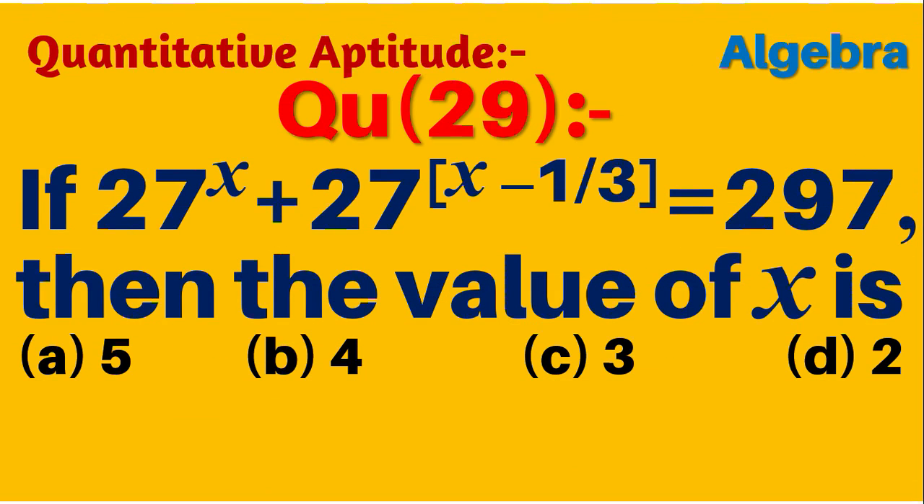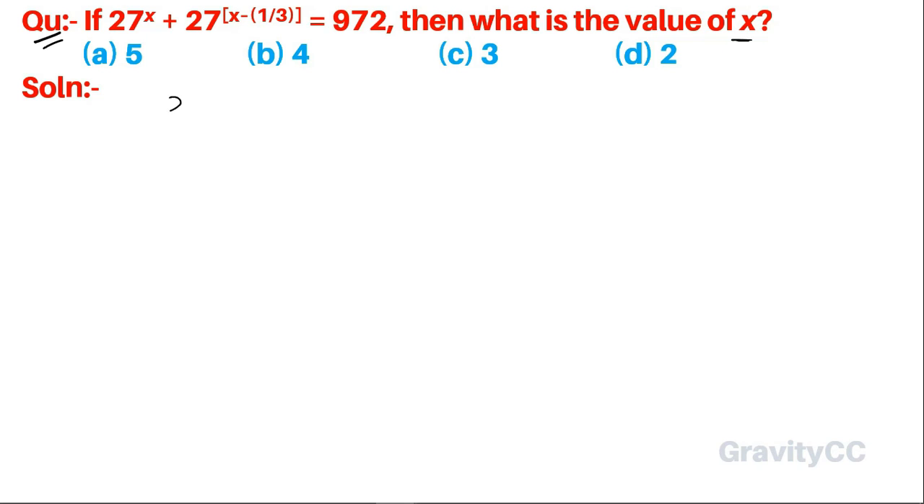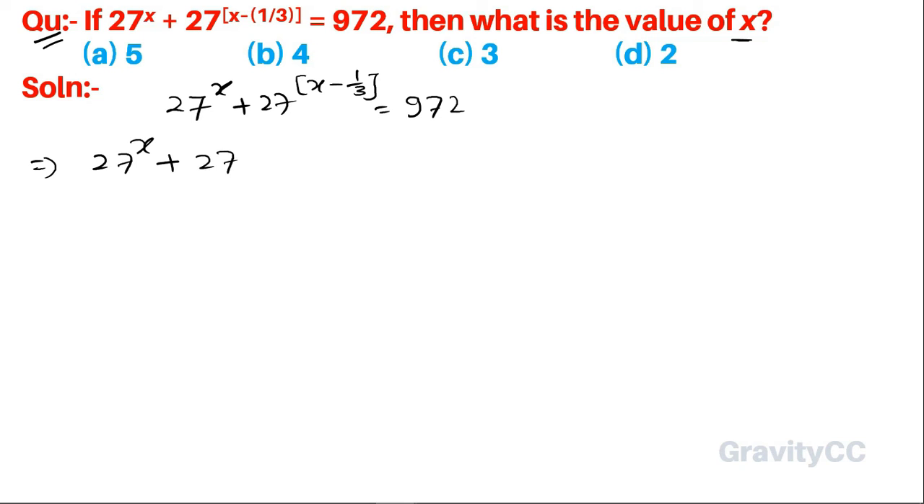Question: if 27 to the power x plus 27 to the power x minus 1/3 equal to 972, then what is the value of x? So in this question given that 27 to the power x plus 27 to the power x minus 1/3 equal to 972, so implies that 27 to the power x plus 27 to the power x into 27 to the power minus 1/3 equals 972, implies that